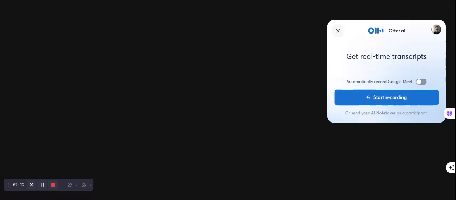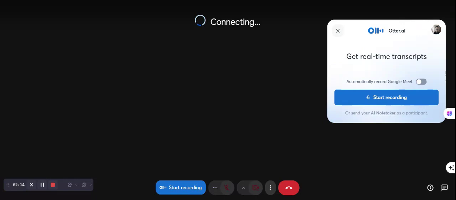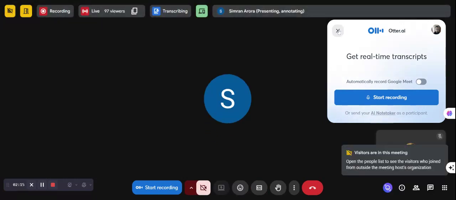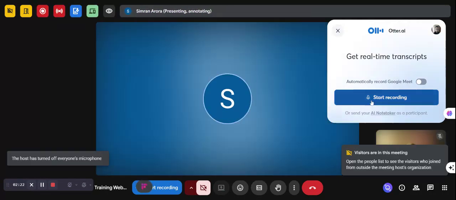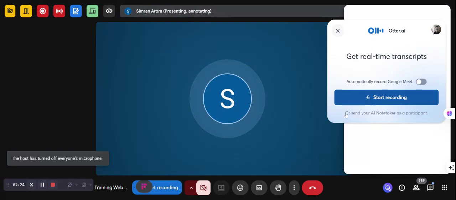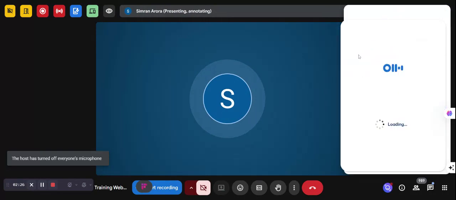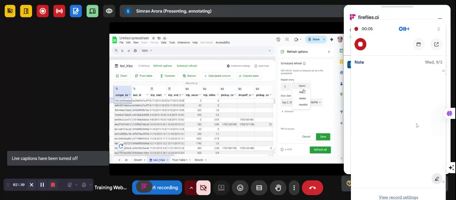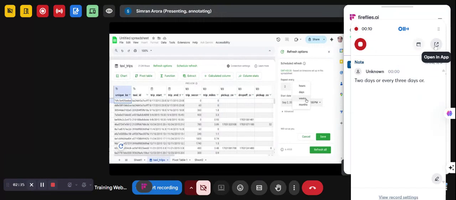You will be able to get your insights right then and there. And then there is an interesting part that you could actually schedule a refresh of this data. So you can say that, hey, my data should refresh every 1 hour or every 2 hour or 3 hour or maybe every 2 days or every 3 days or maybe every 1 week or 2 week or 3 week,